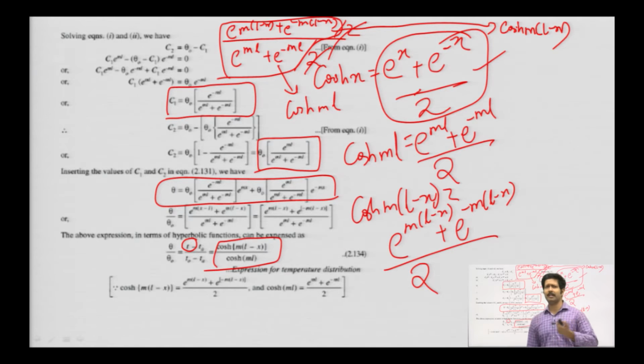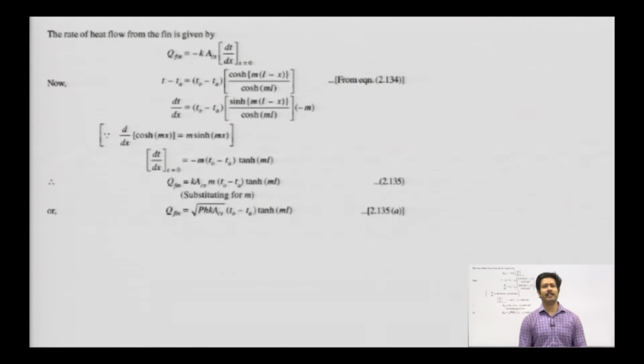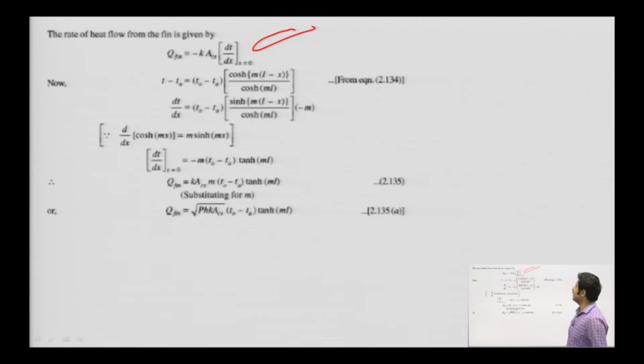It's a bit peculiar, but actually you all know, because you have done this, I think, in engineering mathematics, or maybe in class 9th or 10th, when we were doing the trigonometric, the logarithmic or the hyperbolic functions. So the rate of heat flow from a fin which is having a definite length, and that too with the end insulated, is given by Fourier's law. So just do a little arrangement.